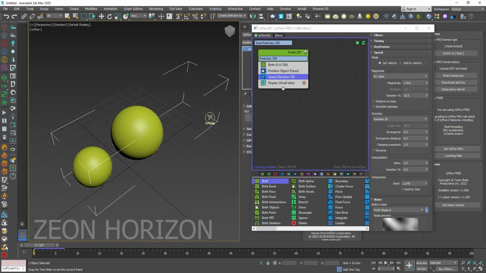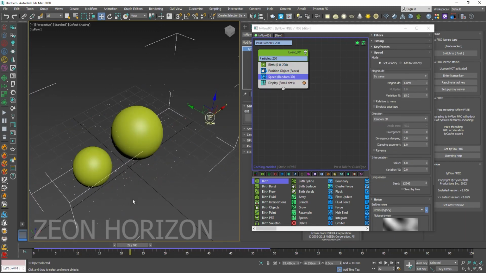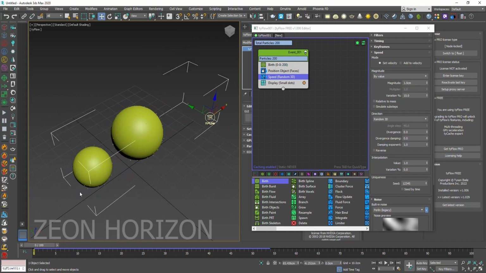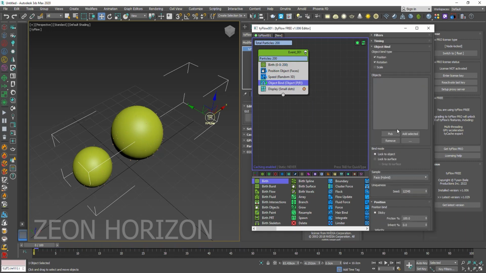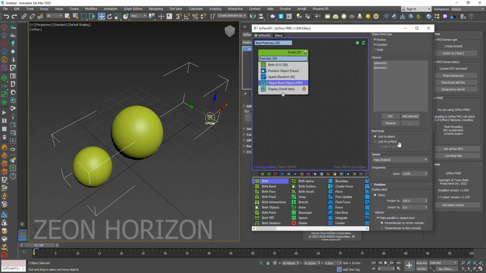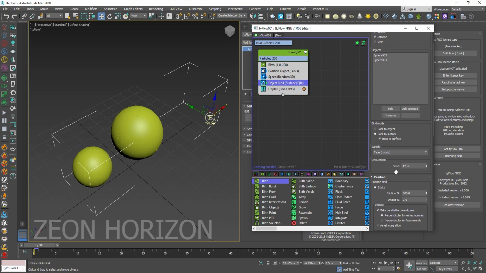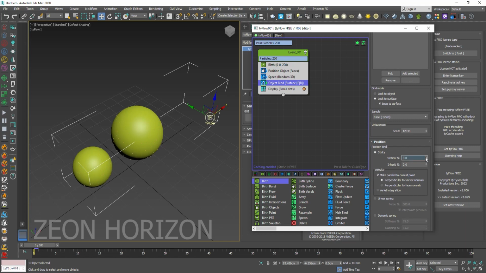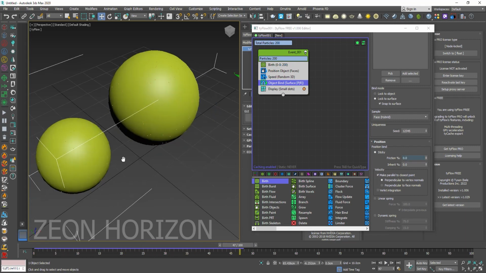But the problem is that these particles are leaving our spheres. So to fix this we are going to use the object bind, which will not allow the particles to leave the surface of the object. In the object bind, pick these spheres, and now from here click on lock to surface, snap to surface, and decrease the friction to 0. And now you can see particles are not leaving the